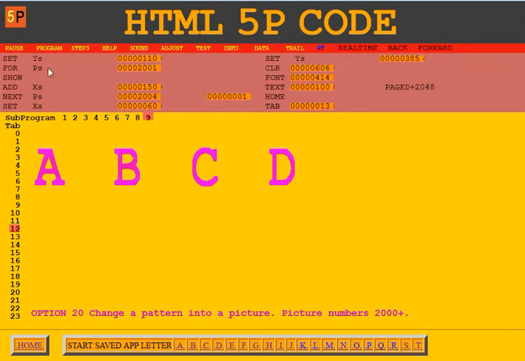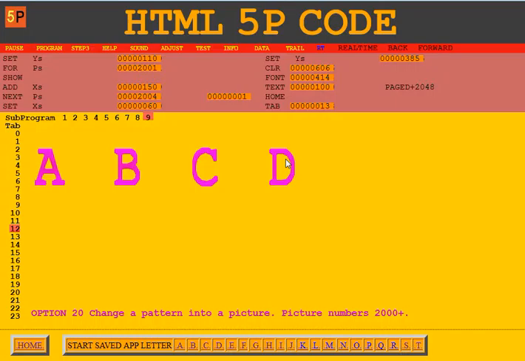I go forward, and here we see a loop that shows each one of them on the screen. It's for the control number P, 2001. We know that's where the A is. And the next P, up to but not higher than 2004. We know it'll go around here 4 times. Each time it will show the picture, then advance the value of X 150. So it shows the picture here, then advances and shows the next picture, advances X again, advances X again, till